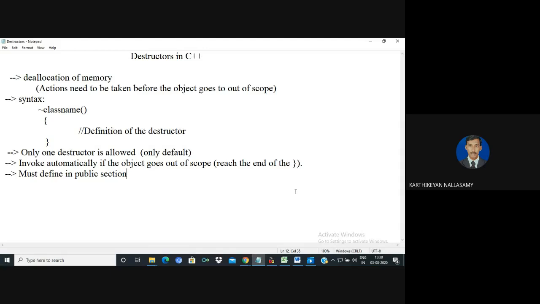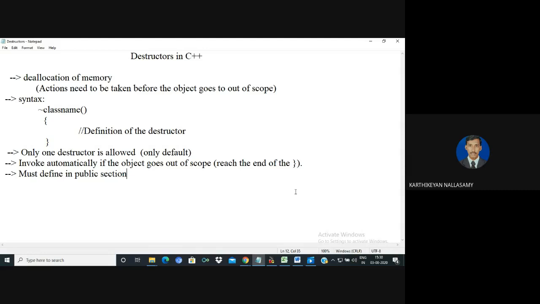For a simple example, if you work on a particular website with session management, and you are trying to close it, it shows a message asking whether to reload or not, or that the values are not possible to restore, can you continue like that? Then it will ask some questions. So the destructor is one of the possible ways to indicate that you are out of scope, so that the previous data cannot be recovered. Like that, if you want to show some warning messages when the user gets out of a particular action, then you can go with a destructor.